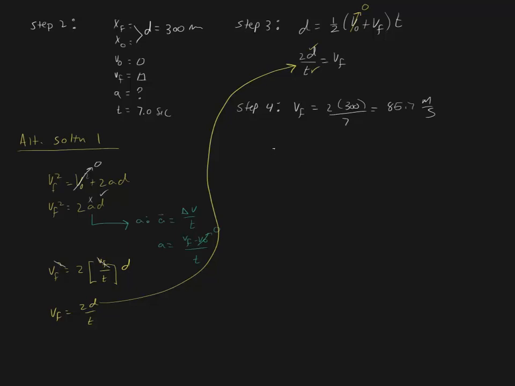All right, let's take a look at alternate solution 2. For alternate solution 2, we're going to look at the last of our equations, which is the position function. Now, you can see that this equation makes absolutely no sense at all for the simple fact that it does not have what we were looking for, which means we would never use this equation according to the strategies that